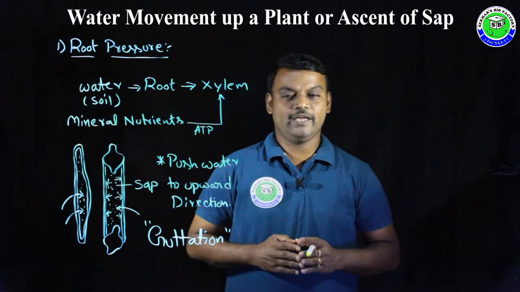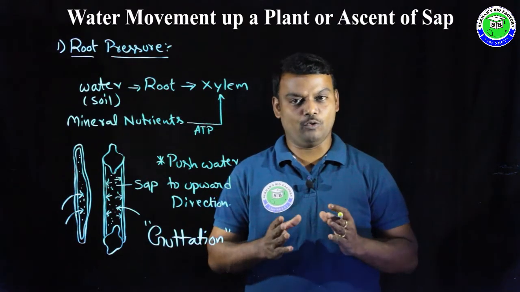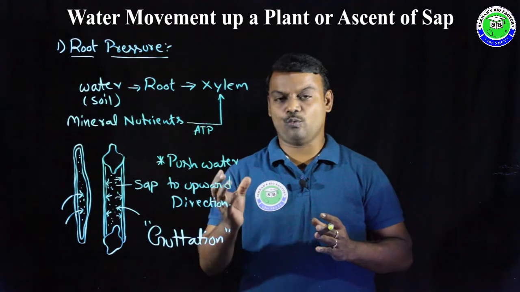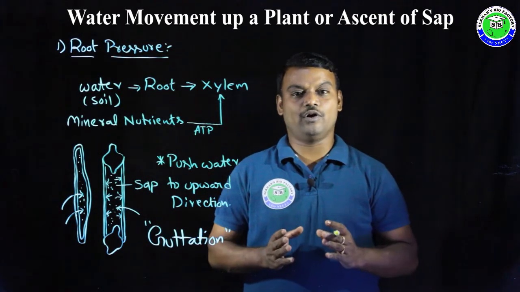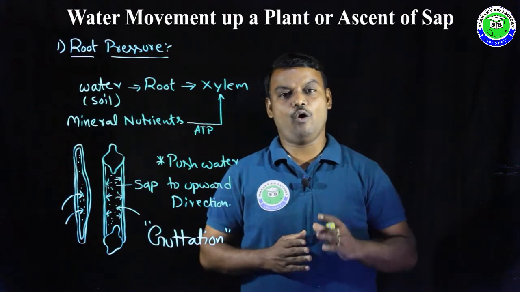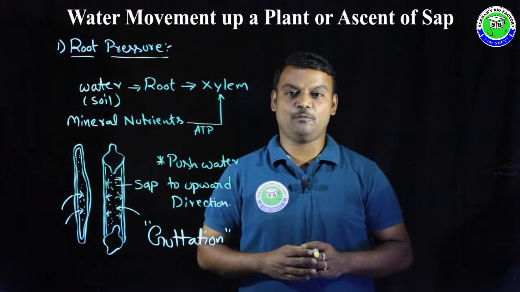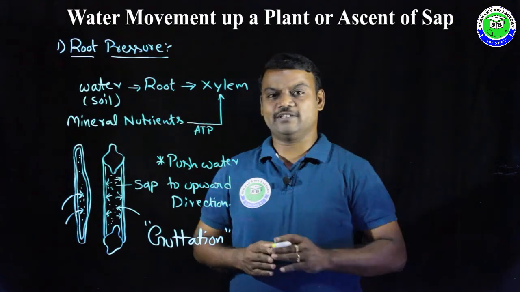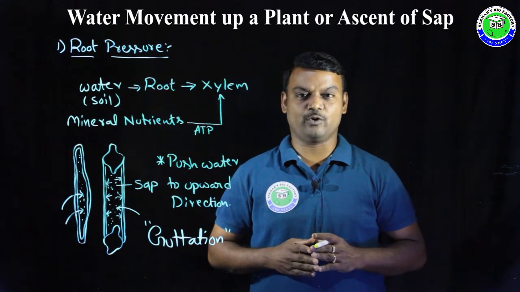In this way, in plants, water can be pushed by the root with the help of root pressure, and this root pressure is helpful to push water up to a small height only. But in case of a tall height or a long distance, this root pressure is not sufficient to transport water. Along with that, the root pressure gives a great contribution in water transportation.